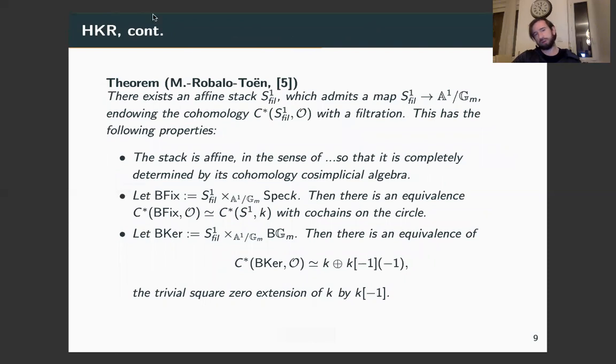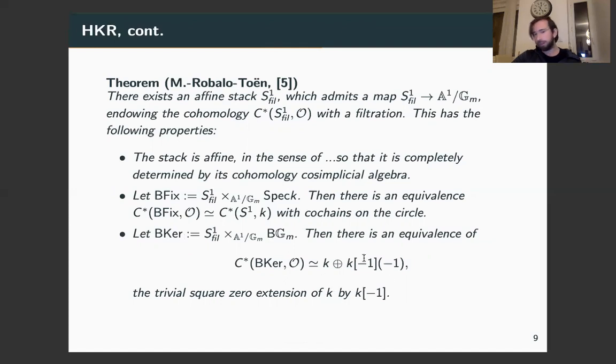And this is our theorem. Well, this is with Roballo and Toen. So we construct this filtered stack. It admits a map to A1 mod GM, and we describe its pullback to spec K. The cohomology of that is precisely cochains on the circle, both as an E-infinity algebra and as a co-simplicial commutative algebra. Similarly, the pullback to BGM, we call this B-cur, and this is the trivial square zero extension of K